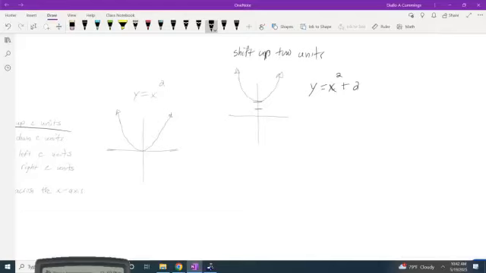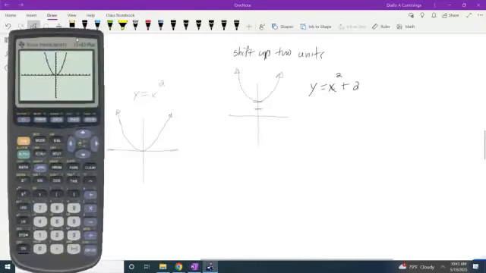I'm going to verify that with the calculator, but before we do, is everybody okay? I just added 2 to whatever function, and it's going to move it up 2 units. So I'm going to go back to y equals, and with x squared already in here, I'm going to put in plus 2. And now if we graph,